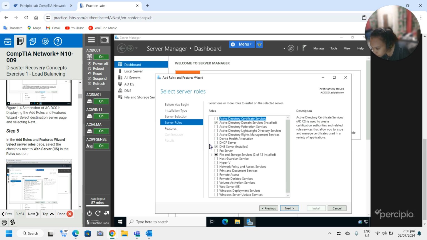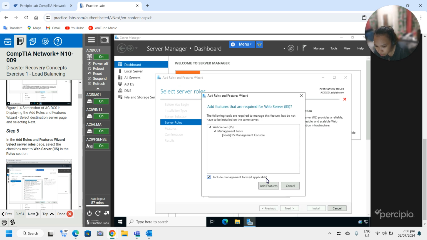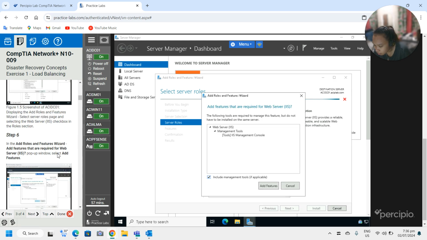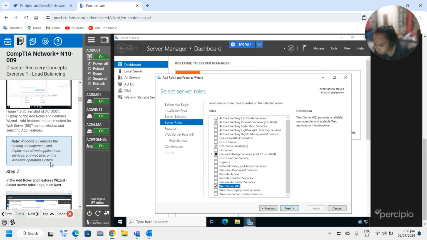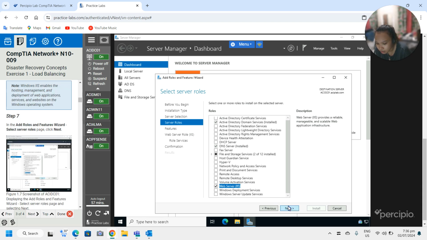Select the checkbox for web server. In the pop-up window, add features. Windows IIS enables the hosting, management, and deployment of web application services and websites on the Windows operating system. Just click next.